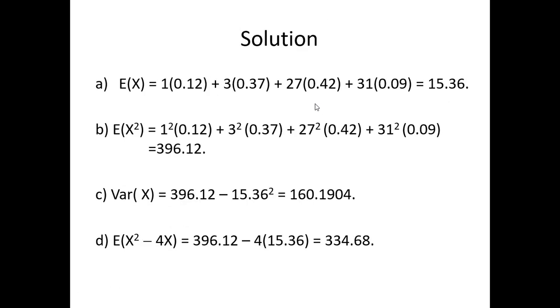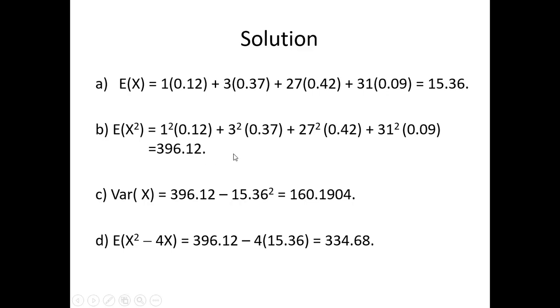Okay, to find E of x squared, remember, we need E of x squared when we find the variance, because the variance is going to be E of x squared minus the expectation squared. So the difference between E of x and E of x squared is that we square these x values. So you can see it's a very similar calculation, but the x values are squared. So we square them all, and then we multiply out, add up the products. So you should get